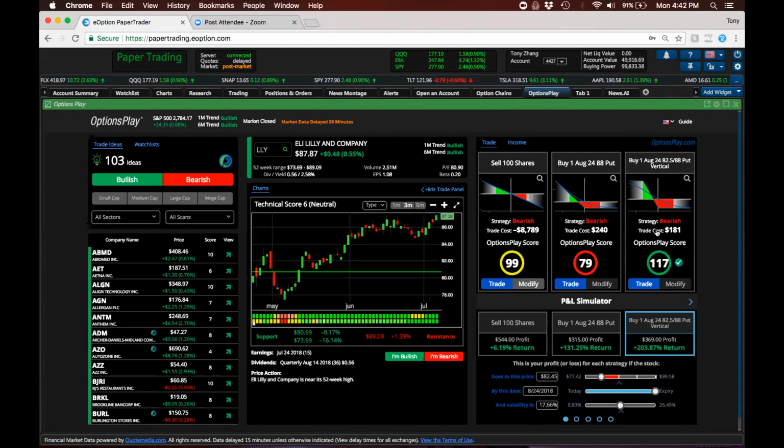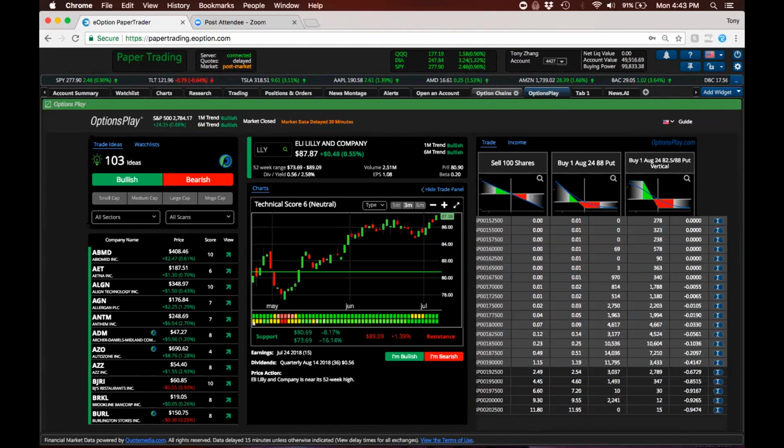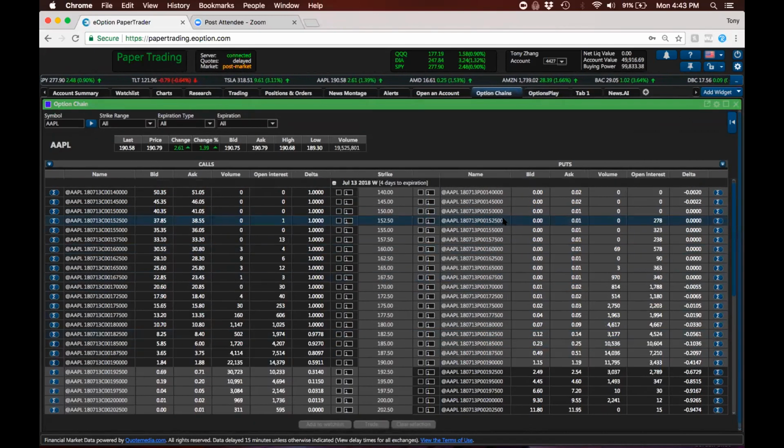Regardless of how you go about doing your analysis, you can type in any stock, click on either I'm bullish or I'm bearish, and be presented with starting points. And this already has expiration date and strike price picked out for you. The call vertical and put vertical strikes are already optimized for you. This is designed to give you that starting point so that you don't have to pull up this type of page and just spend a few minutes trying to figure out where you want to start.